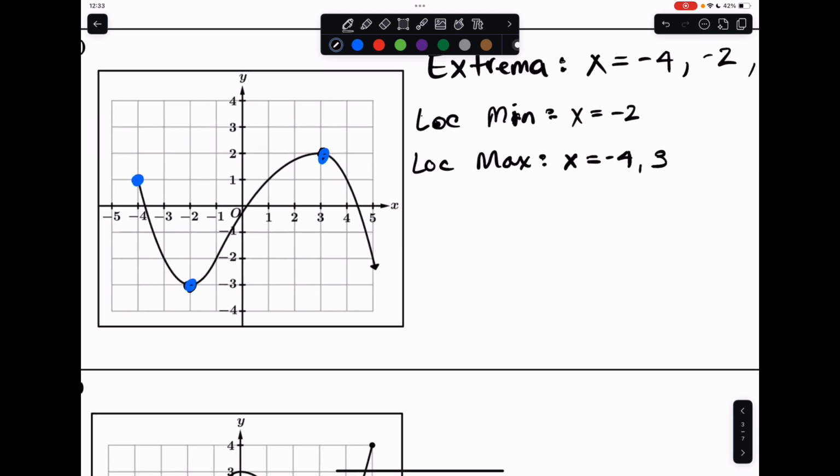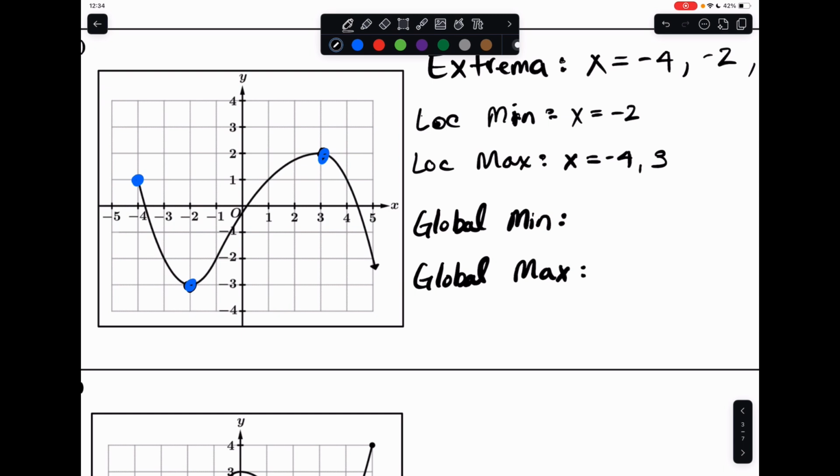Now, let's see if these local max and minimums are absolutes. Let me use the other word, global. Are they global minimums or global max? So let's start with global minimums. All right. Well, we have a local minimum at -2. So at this location right here, the y value is -3. This would be a local minimum if there's no other point where the y value is going to be smaller